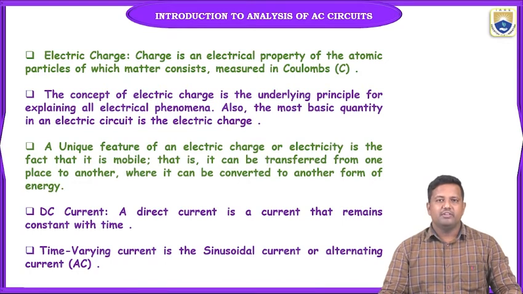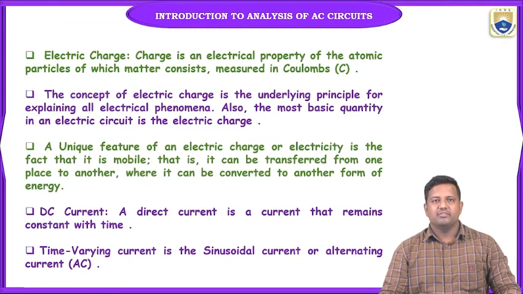The behavior of these electrical elements means how much voltage drop takes place across them, and some of the elements, instead of dropping, may rise the voltage. So how much voltage rise takes place across the elements, and how much power is consumed by these elements,